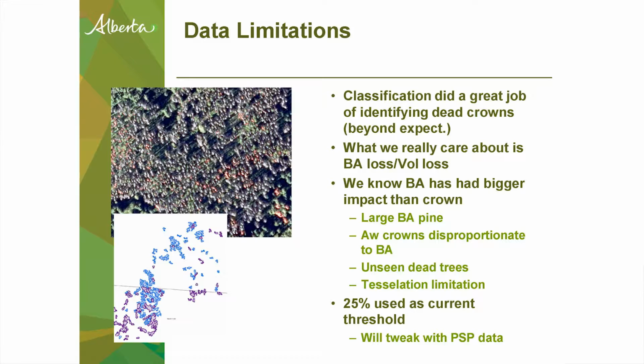You need to calibrate the on the ground to the crown kill, and that's the next step in this process. Currently, we're using 25% as what we're saying is 50% or greater basal area. We're saying it's about 25% crown kill. That's what we're using right now, based on a few permanent sample plots that we had access to that were measured recently, and some of the photo work.